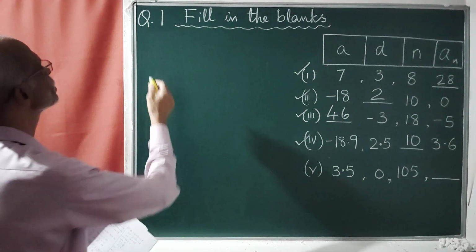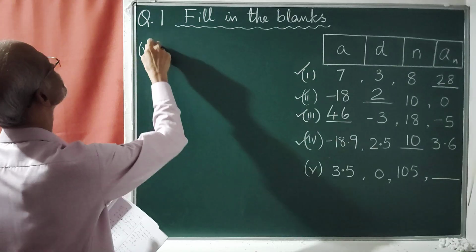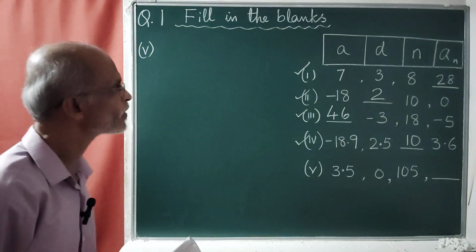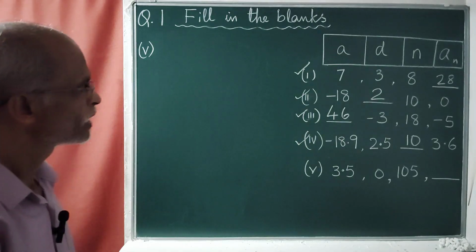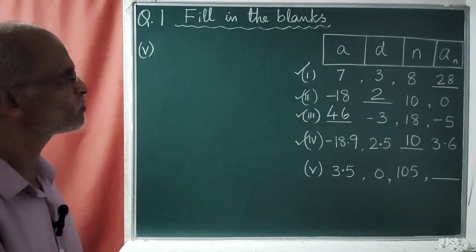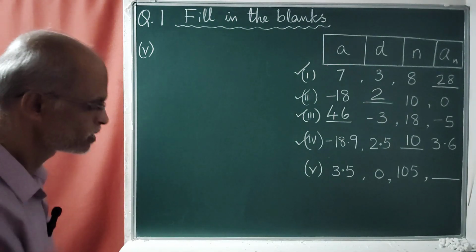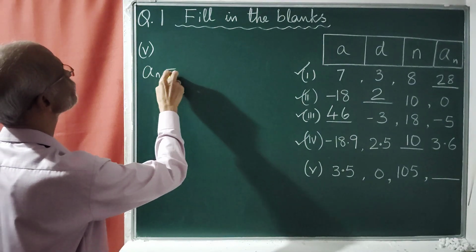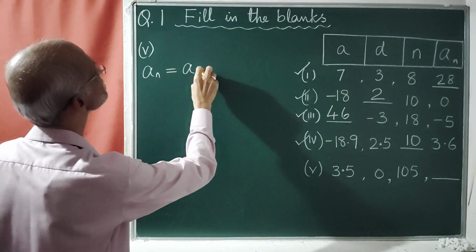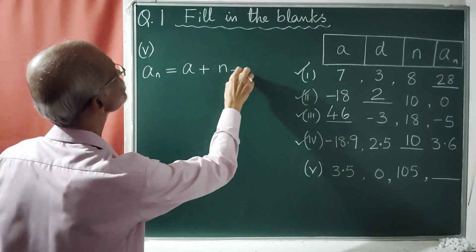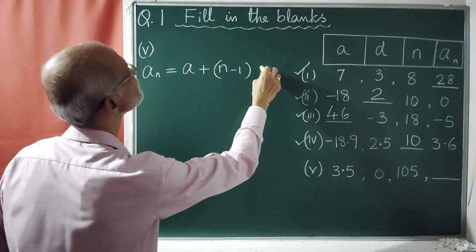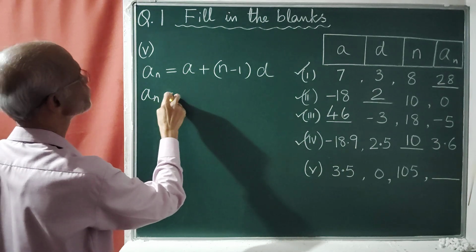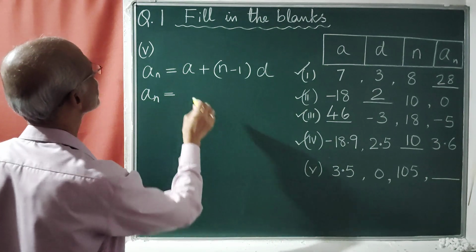Now coming to the last one, fifth. The fifth one, A is 3.5, D is 0, N is 105. We need to find AN. So AN is equal to A plus N minus 1 into D. AN we have to find out. AN is equal to, A is what? 3.5